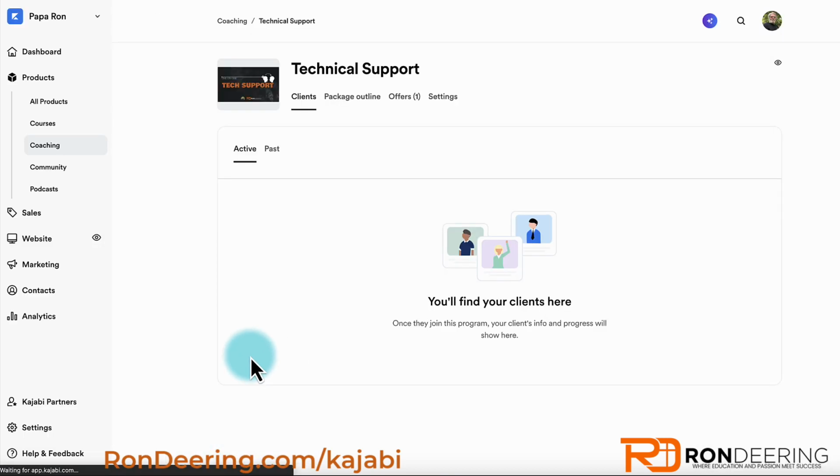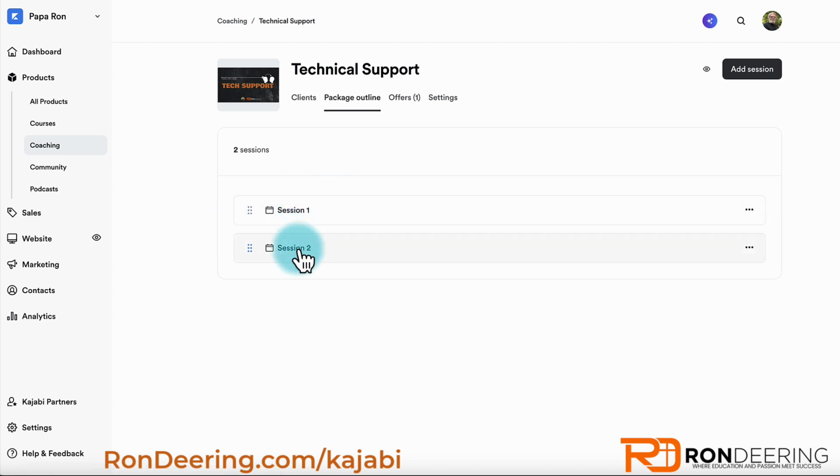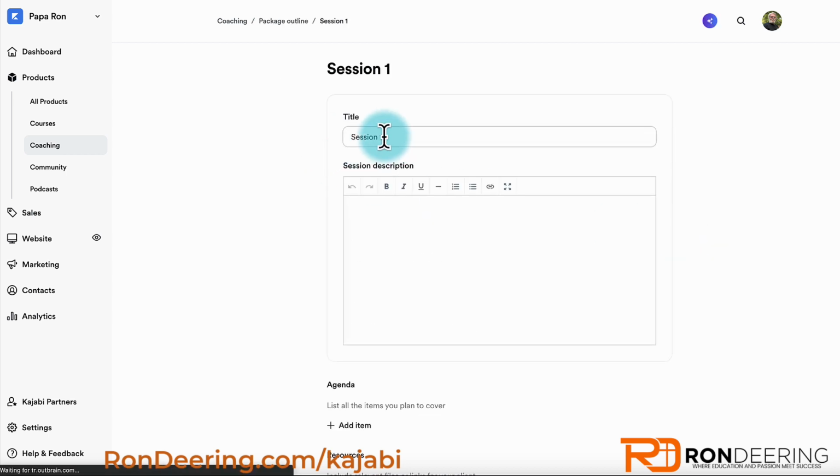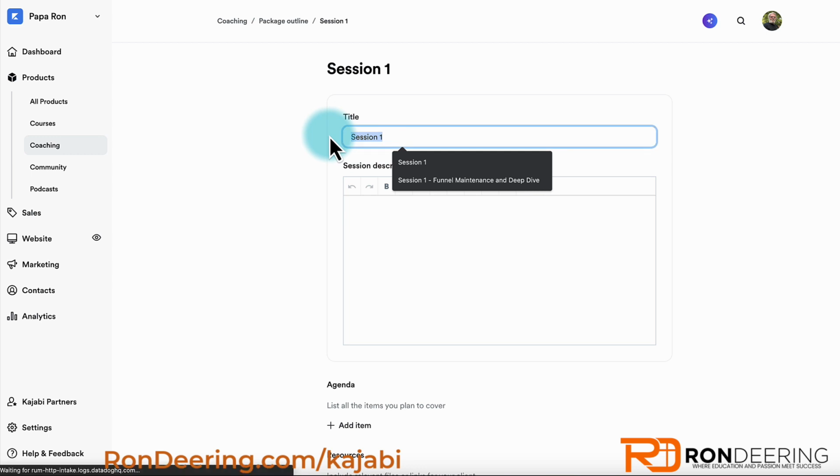Okay. Now you come to the editing, the setup page of the support. Here's going to give you a list of all the clients that have registered for it. Package outline. You see we have 2 sessions. So a lot of times what I do is, and you can go in and name these, whatever you want. You just click on here. You say edit details. Let's say I want to,